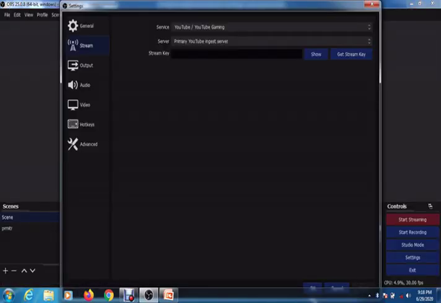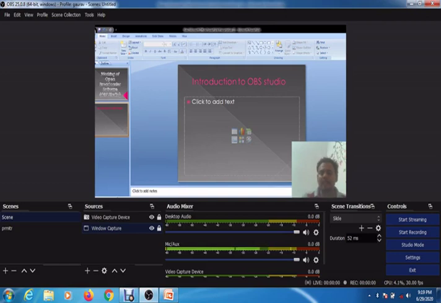The stream keys are available with the website itself, so you just have to copy those and paste them in this stream key field, and you will directly be streamed on that particular website. We don't want to stream our videos, we are concerned with recording, so I am clicking on this cancel option now.